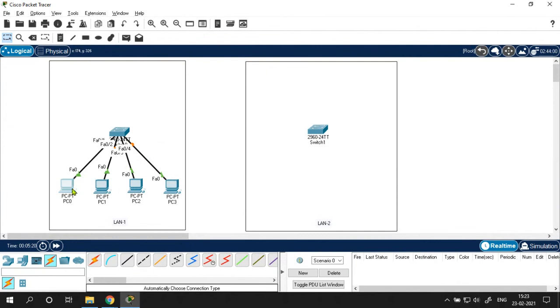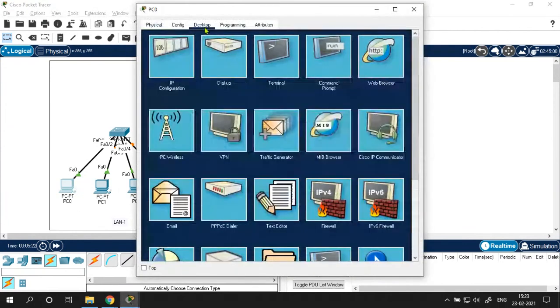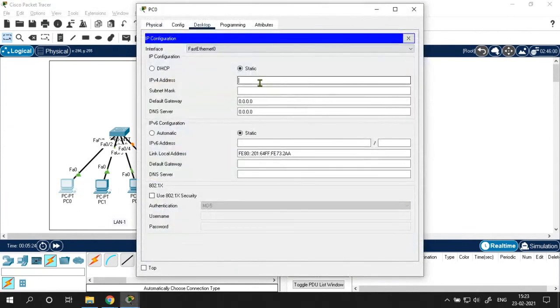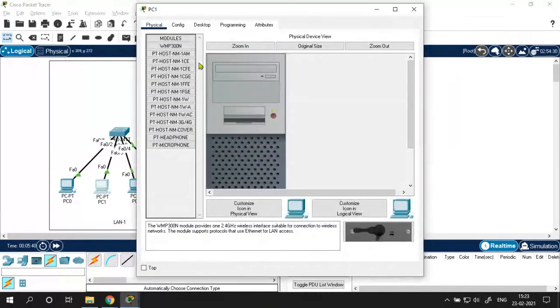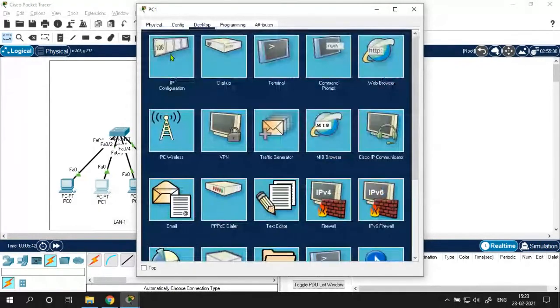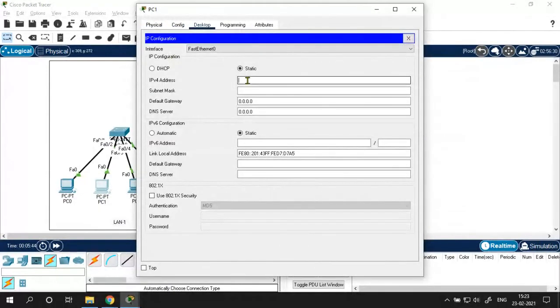Let me set this up. Let me set the IP address first. 10.10.10.1. 2.